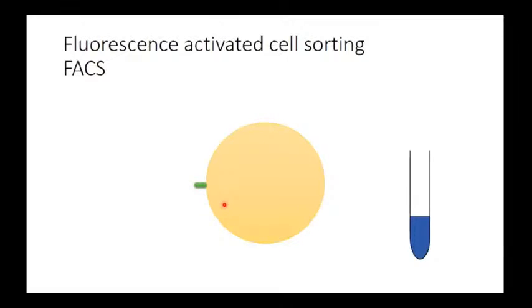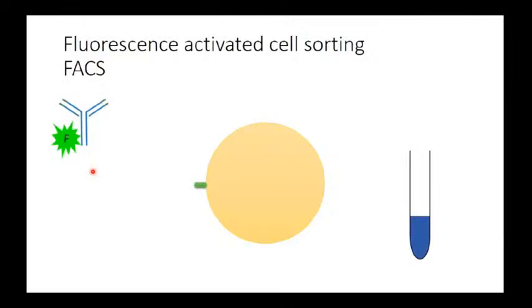And then I want to separate this heterogeneous mixture into two groups of cells: the cells who are expressing the protein and the cells who are not. To do this, first of all, I have to design a specific antibody for this protein. This antibody is specific to the protein of my interest. There are companies who design specific antibodies for particular proteins. Then I have to label this antibody with a specific fluorophore.